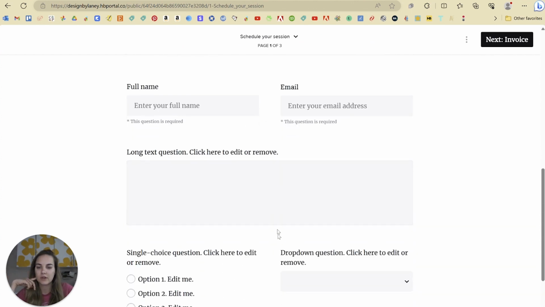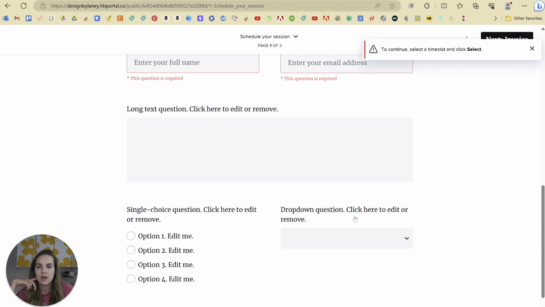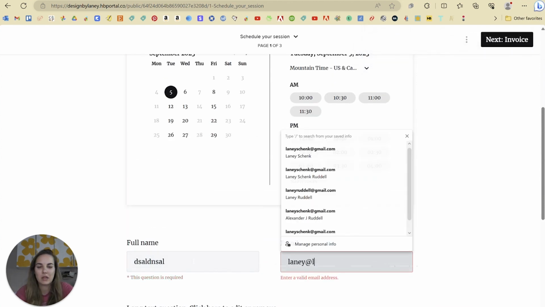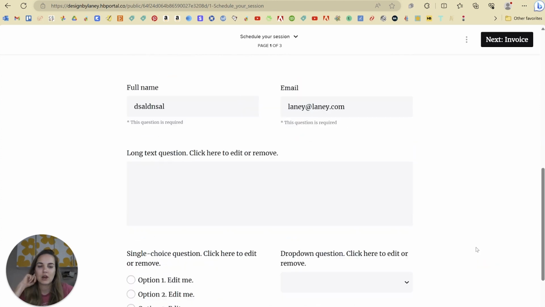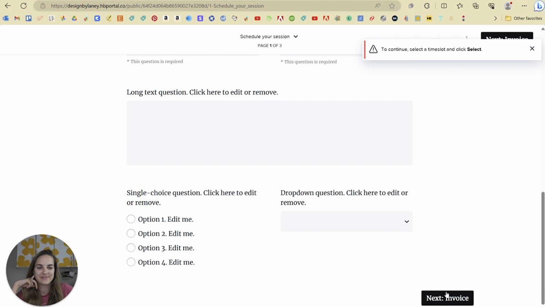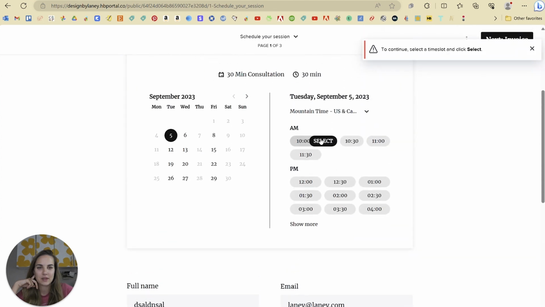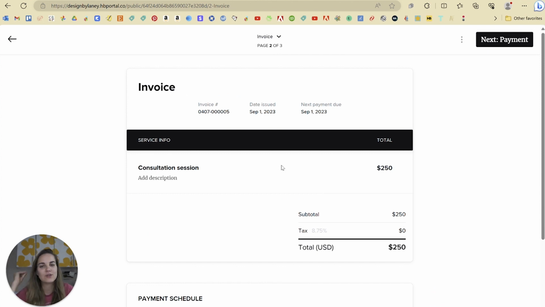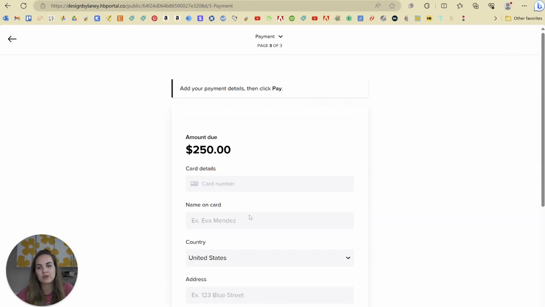They'll be able to book it, fill in all their information. After they select all this, they'll be taken directly to the invoice, and then they'll be taken directly into the